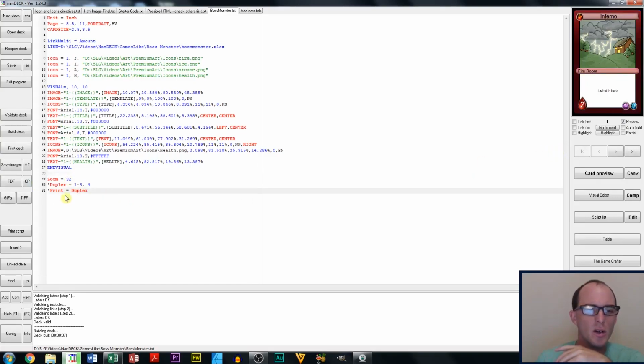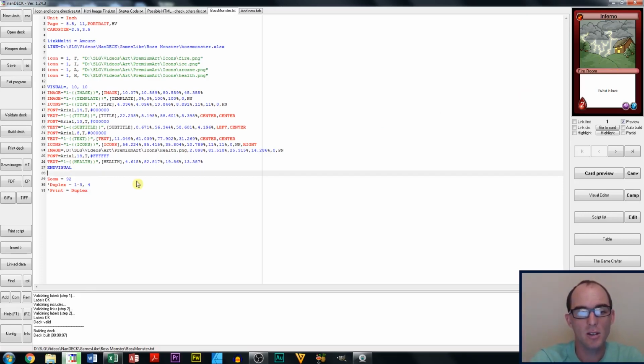And I've taught you in the tutorial how to do different types of printing. So if you want to just print one card that you made changes to, you don't have to print the whole deck, which is super nice. And I've talked about this before, but I want to show you how to print on the back of these cards. Again, I covered this in one of the tutorials, but for this sake,